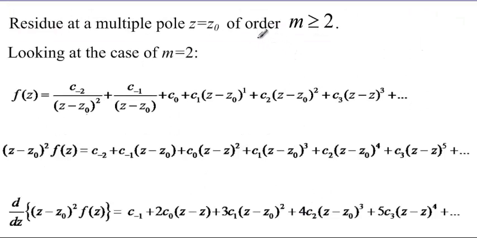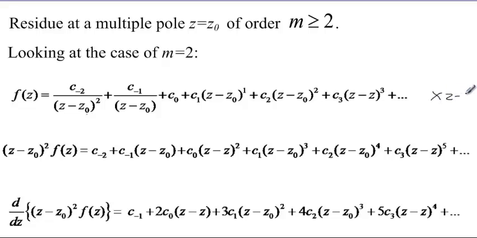Now, looking at poles of order m greater or equal to 2, starting with 2, we know that the Laurent series will have 2 terms in the principal part. Now, we want to find our residue, or to see how we can arrive at c sub minus 1, which is our residue. Trying to take advantage of what we've seen before, where we managed to isolate c sub minus 1, we can multiply again this expression